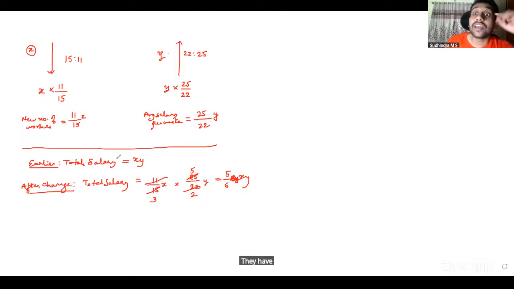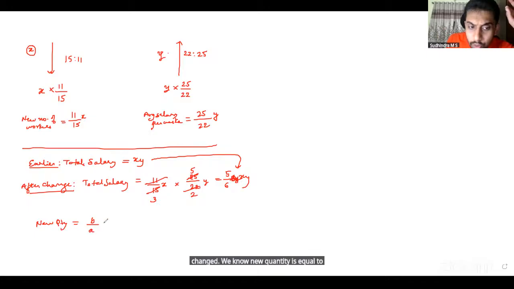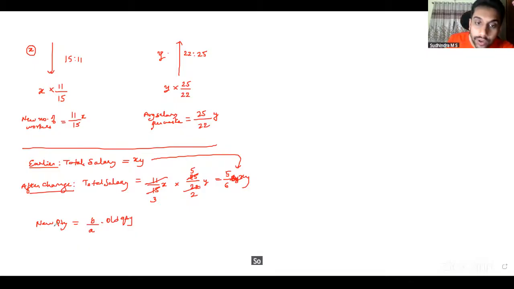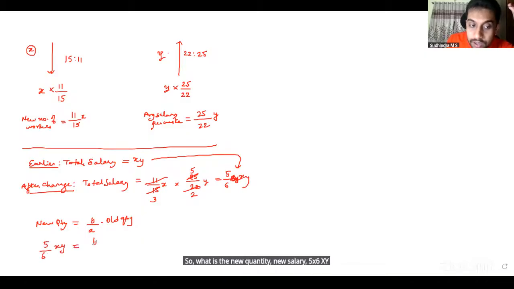They have asked us the ratio in which the salary got changed. We know new quantity is equal to B by A into old quantity or old value. Correct? They are asking us A is to B ratio. So, what is the new quantity? New salary 5 by 6 xy equals B by A into old quantity,